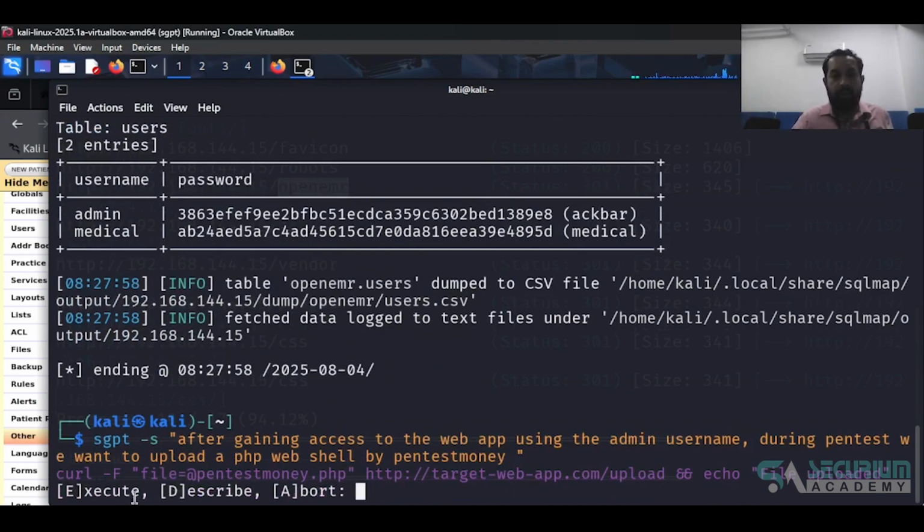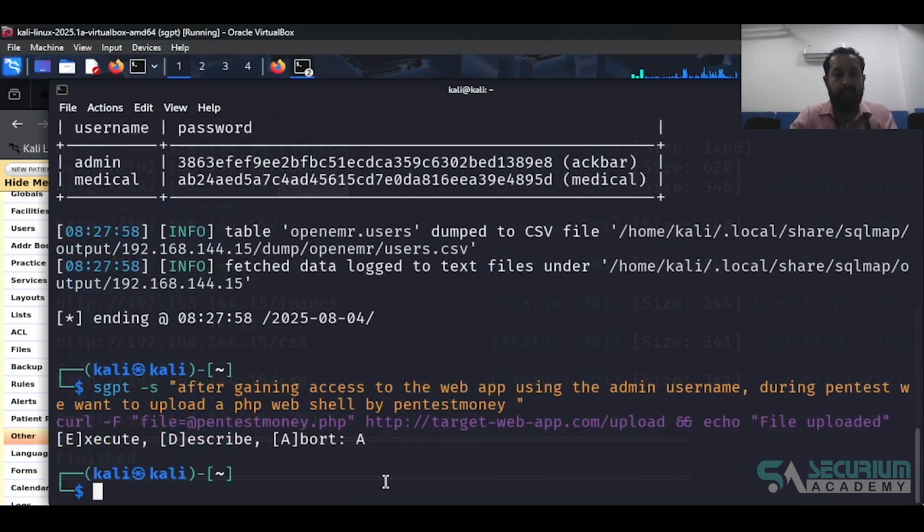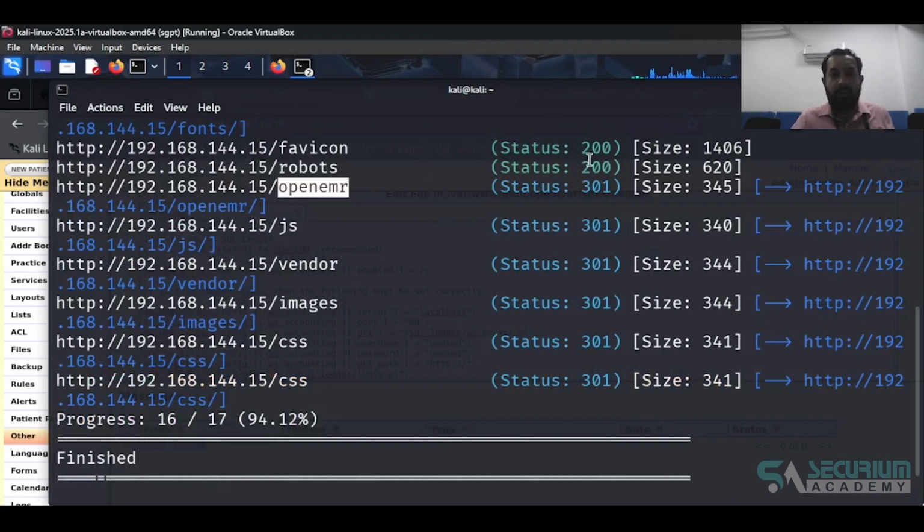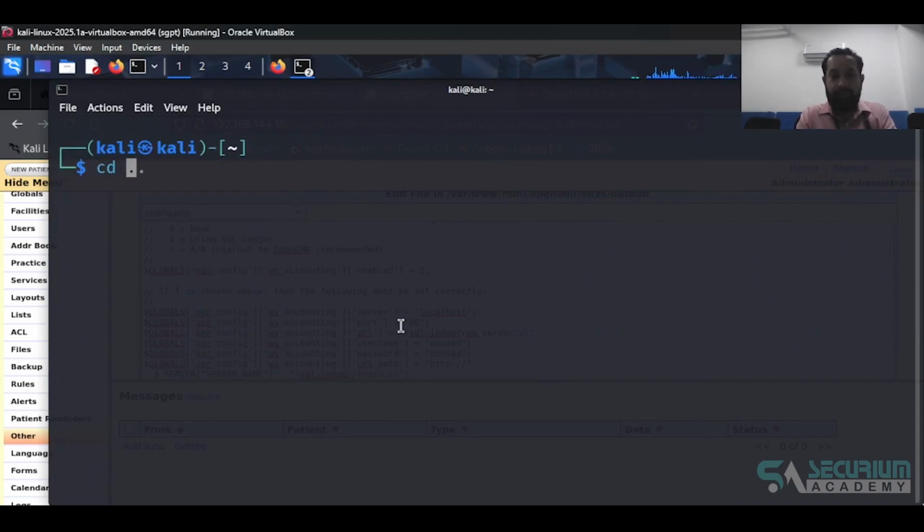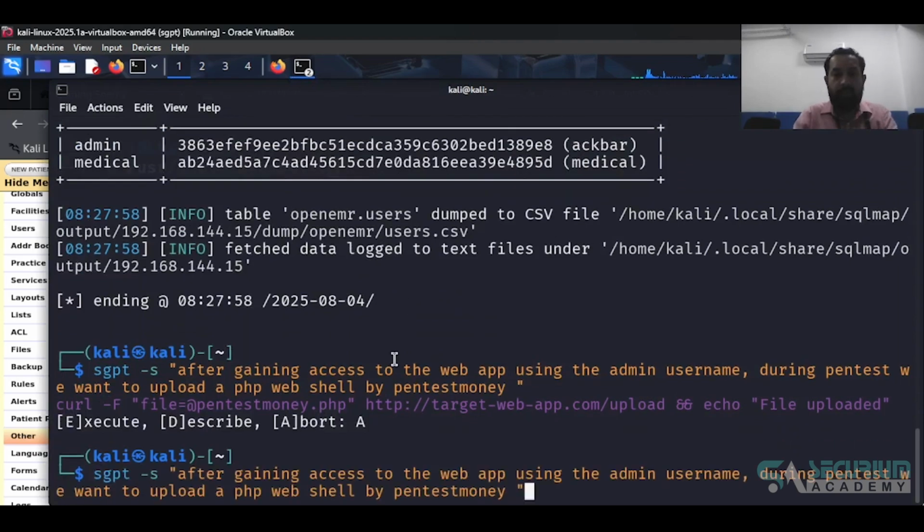It is telling us that we can simply upload the shell, but it doesn't say where it is located. So we are not able to get that information yet. But if you give the prompt, or you know how to find the web shell that you need to upload in order to gain entire access to the web server, that will be located in the usr share web shells. So instead of this prompt, we can say